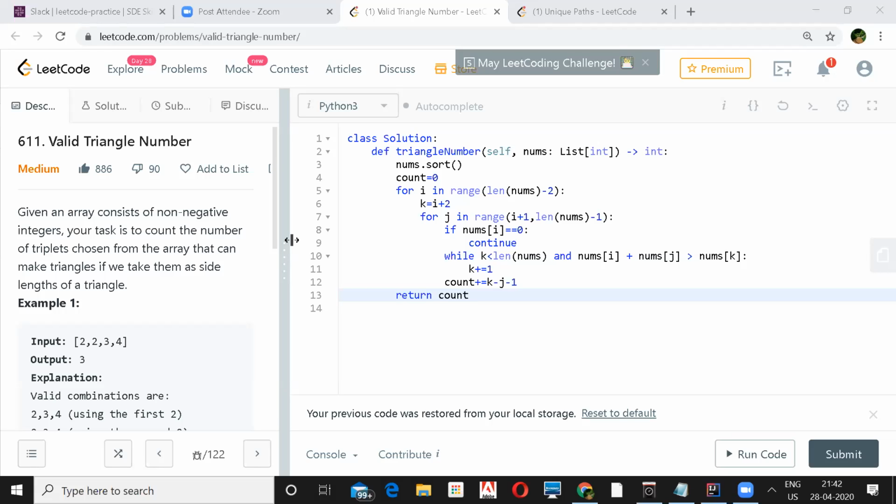What I'm saying is, instead of the numbers, assume the squares of the numbers. You can take the square of the numbers and then solve the same problem. Yes, that's a nice idea actually. Otherwise I was thinking of an n-cube approach. But I think we can solve it in n square or maybe n log n. I basically did it in an n square log n solution.